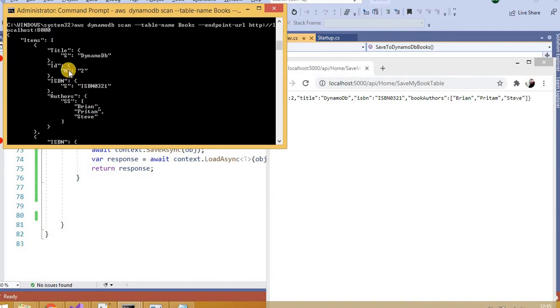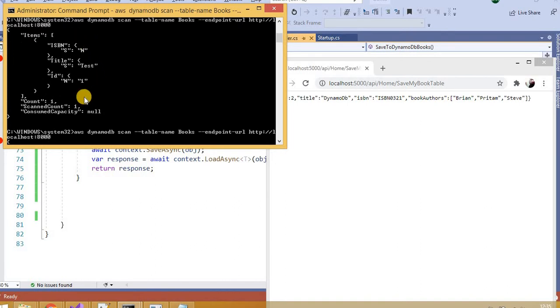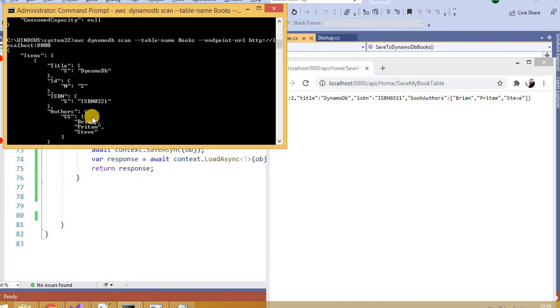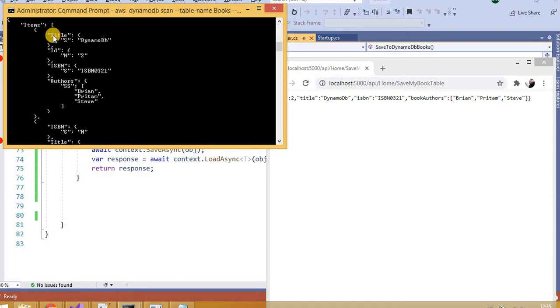See here, now we have a title, S is the DynamoDB item, N is 2, then ISBN, then we have the authors there. So I think it overwrote, right? No, we have more, it's not overwritten. We will click here like this. See, this is the next record, and this is the newly added record which we just added here.